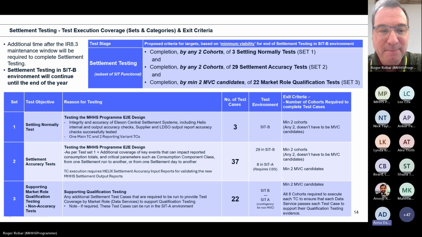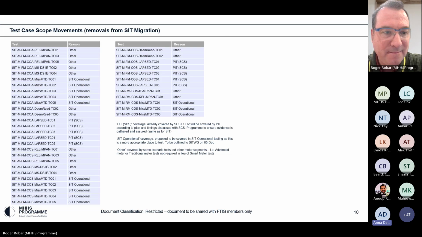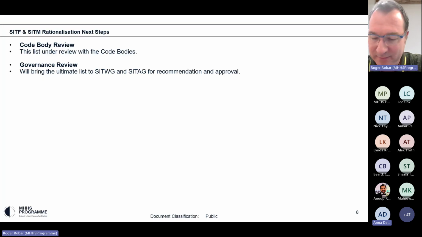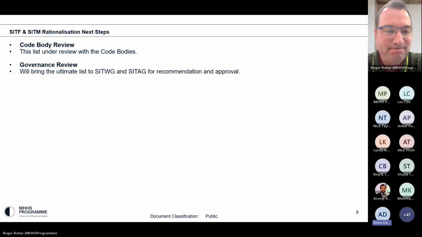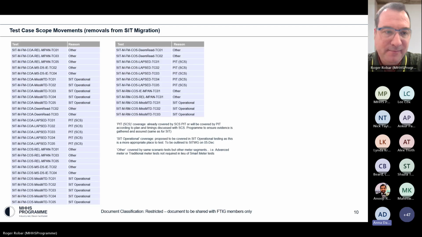Anna. Hi, just regarding this SIT functional 45 test. I know that some of the SIT functional ones, rather than the migration ones, because of the way things work, some of the cohorts can't do certain tests. Will this list be shared with everyone? You've said to work with one of the coordinators.